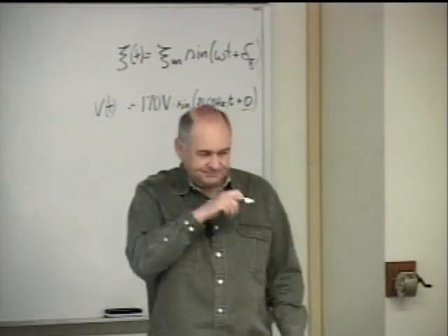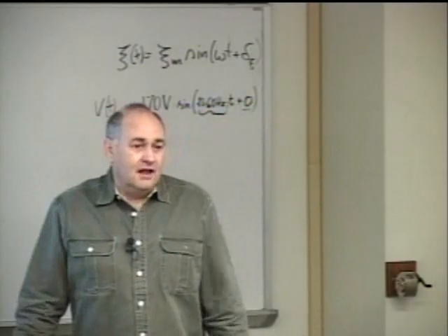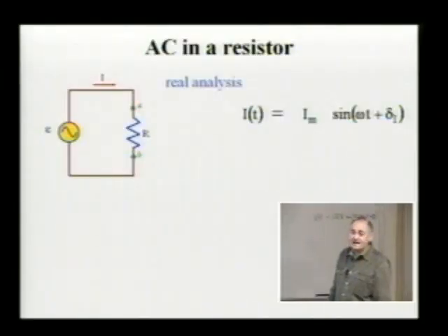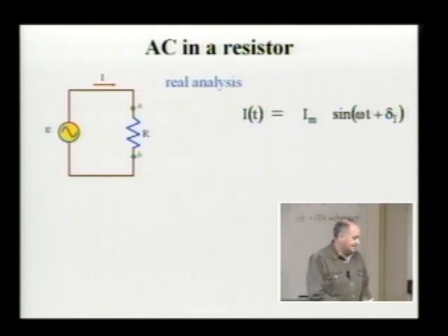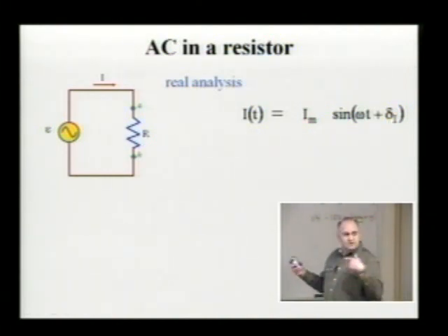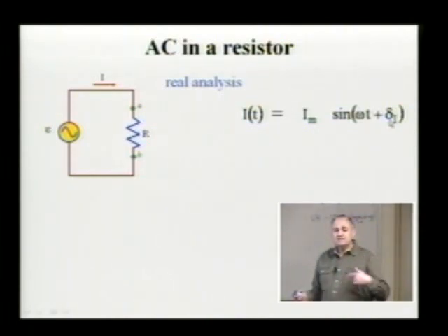All right. Now, let's come back. What's the peak value of the current? Im, correct. What's the initial phase of the current? Delta I, correct. These two numbers: the number in front of the trigonometric function says what is the peak value of the current, and this number over here says what is the initial phase. So we remember that now, the peak value and the initial phase of the current, and see how